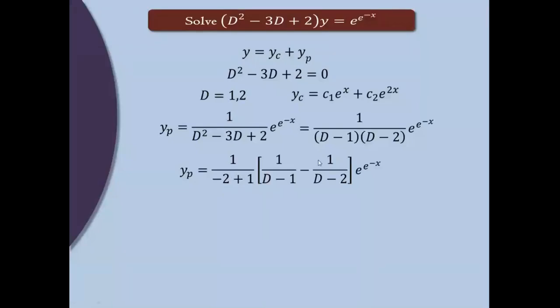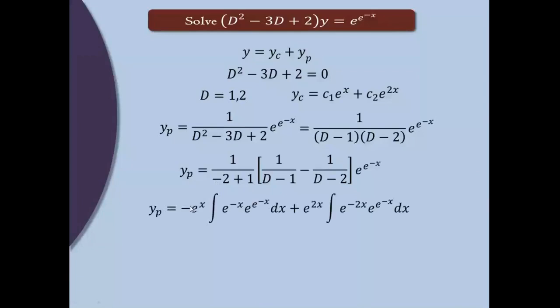Or you take this as m1 and this as m2, and by using m1 minus m2 we can get this term. Now separate it out. Apply this on this: 1 upon d minus m of f of x, the standard formula of the general method. Here m is 1, here m is 2. This becomes minus 2 plus 1, which is minus 1. Take that minus sign outside.